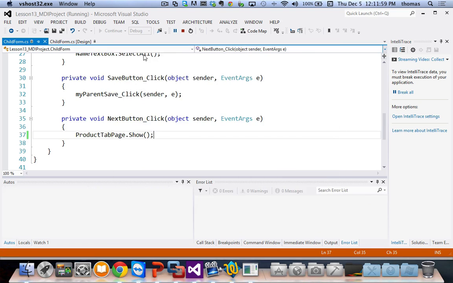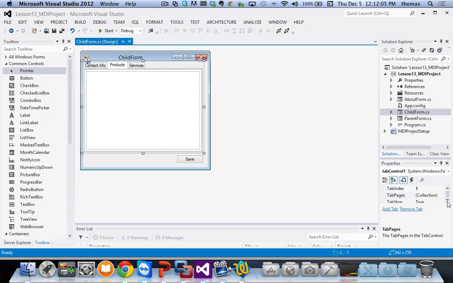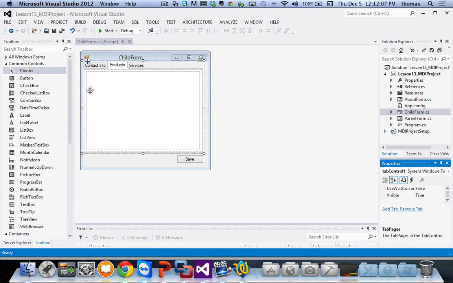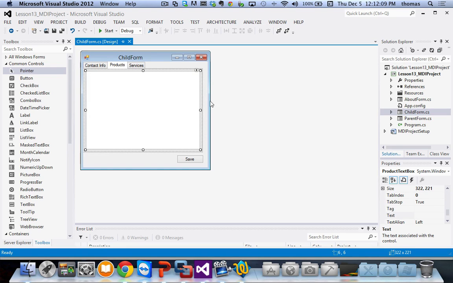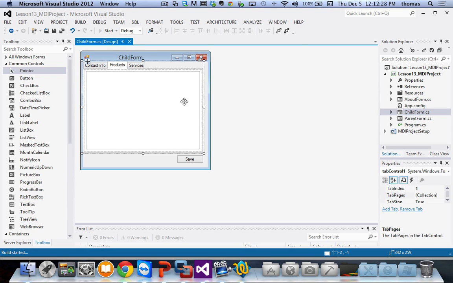Let's go back to my child form. Right, here's my products tab. Is there a way, right now I'm looking at the whole document, but if I want to just look at my products tab itself, here it is, right? Is there a way of locking or enabling, disabling, and it is. Look, here's my enable, disable. I can enable, disable tabs. If I put enable is equal to false for my products tab, right, and I run my application again,